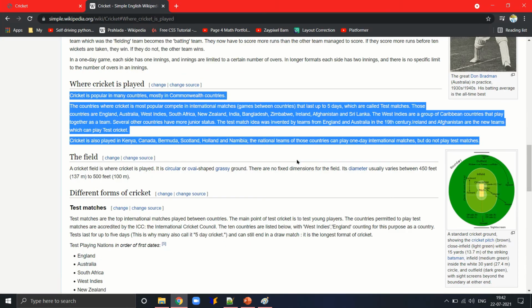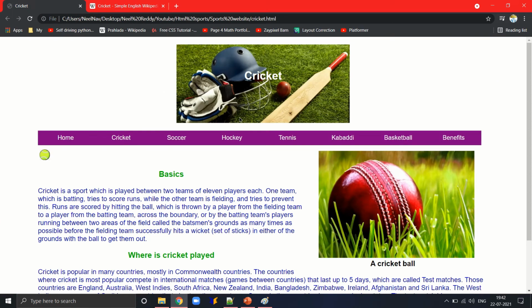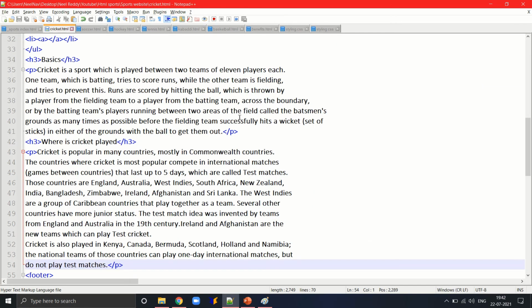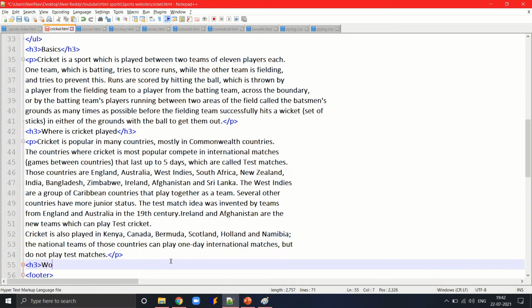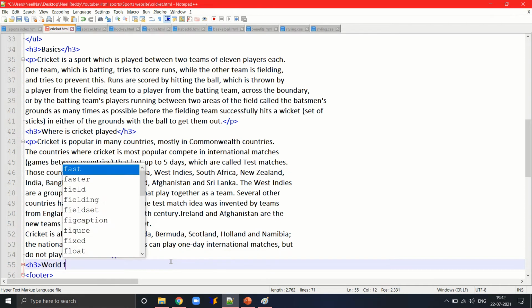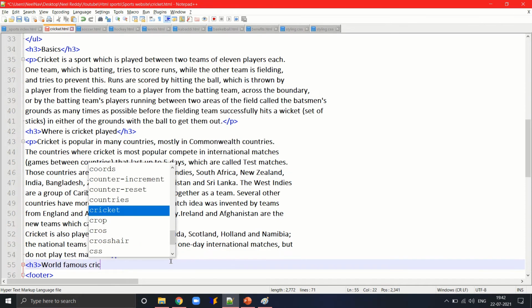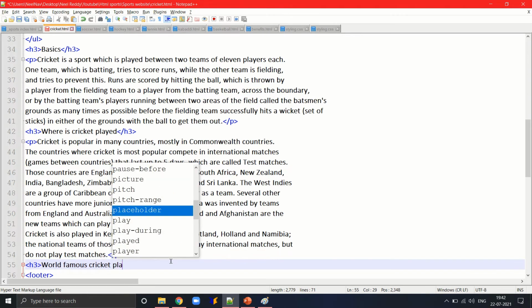Now we can save and refresh, and we're gonna add 2 more topics. So those are both gonna be lists. They are gonna be world famous cricket players,